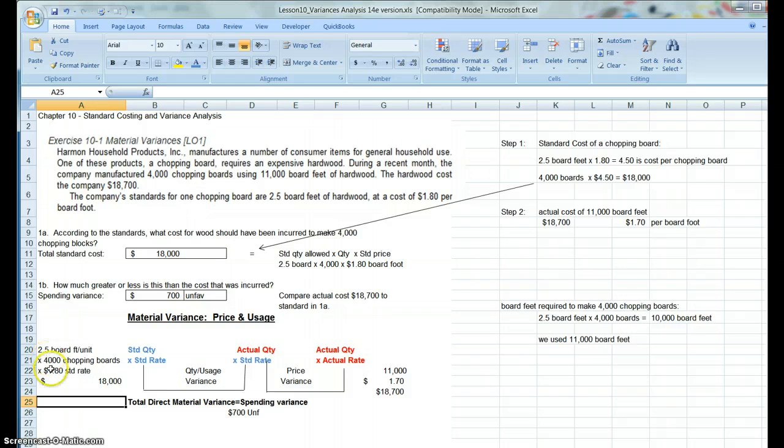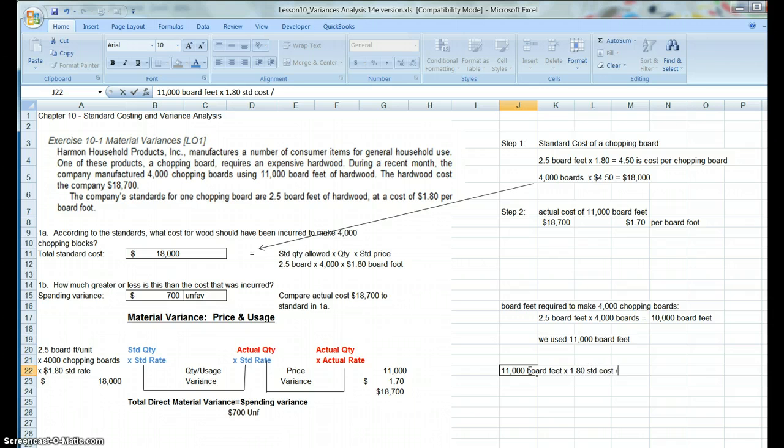Again, 2.5 times 4,000 chopping boards is 10,000. 10,000 times the standard rate of $1.80 tells me we should have spent $18,000, which of course we knew. We calculated that up here in step 1. So what we do in the center is what we call the flex budget. If I take the actual quantity, 11,000 board feet, and multiply it by the $1.80 standard cost per board foot,